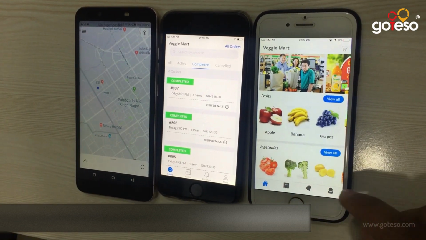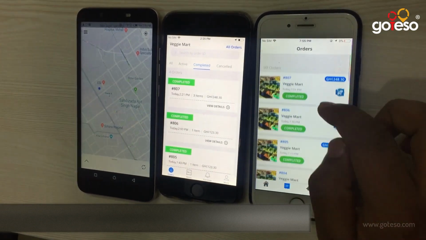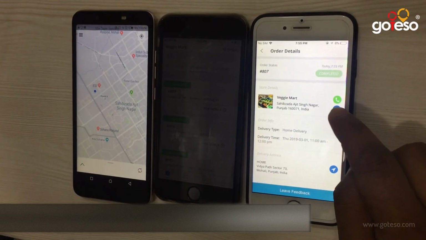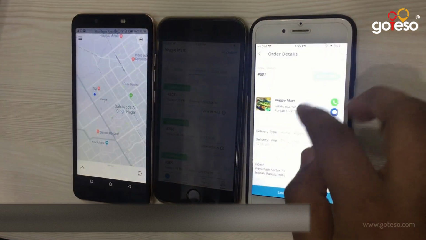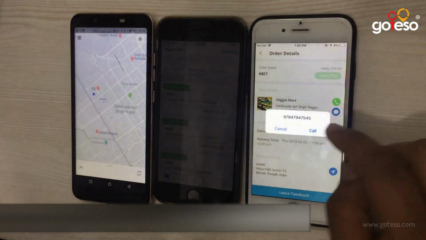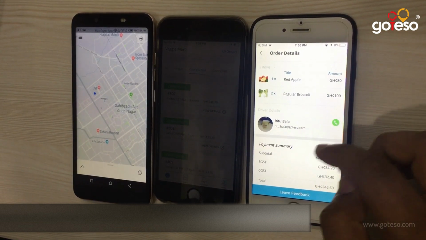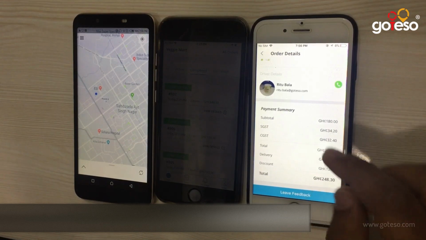All right, this was pretty much all, and from here they can see all the orders. Let's say if I go to the orders, they'll be able to put some messages if they want to send to the store manager, or they can call the store manager, right? And then they can see the address they added, or the driver details, I mean who delivered the order.